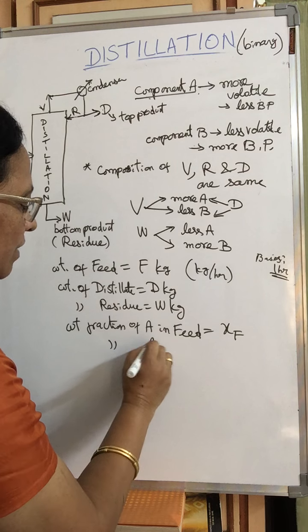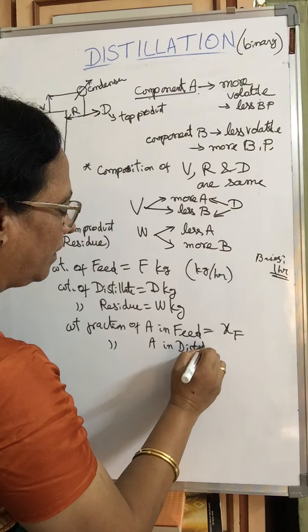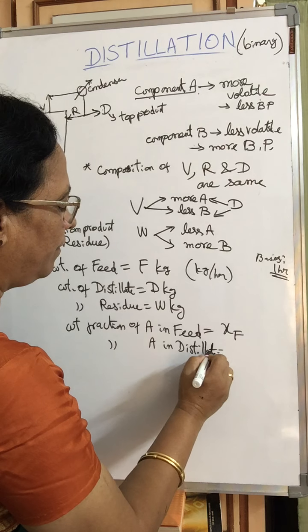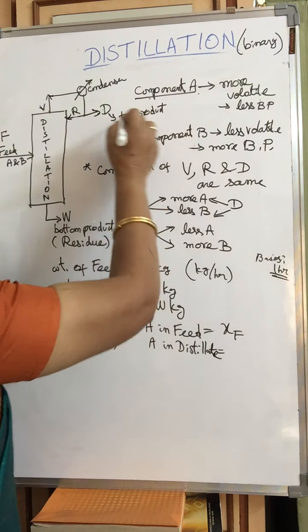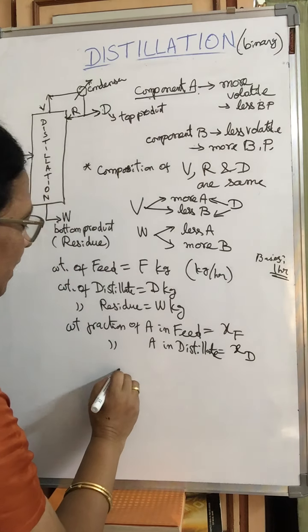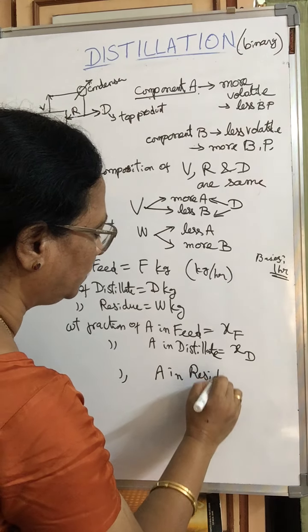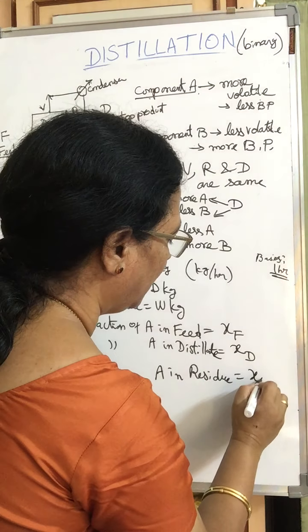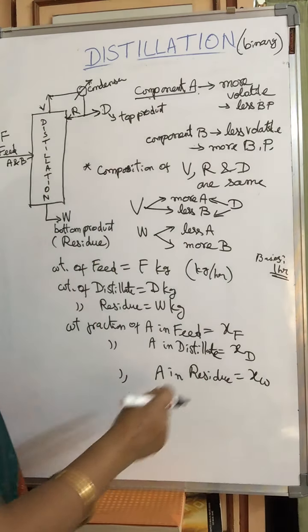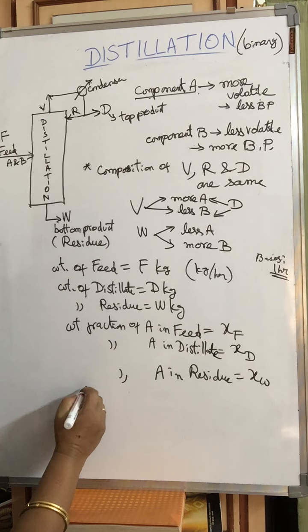Similarly, weight fraction of A in distillate, here distillate is XD. Okay. Then weight fraction of A in residue is equal to XW. Okay. So this is the notation we are following. And in the same way here,